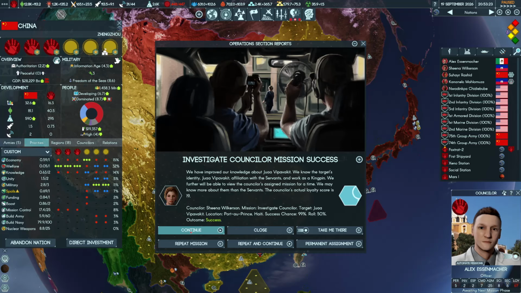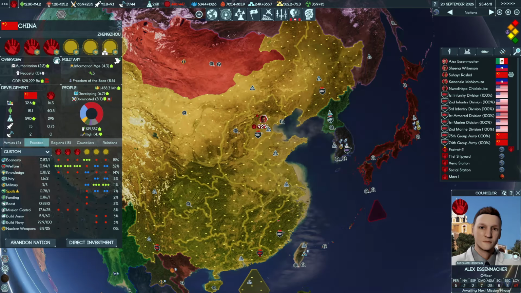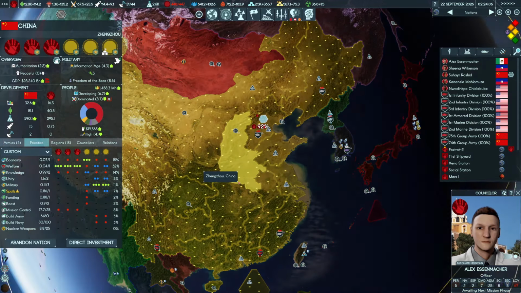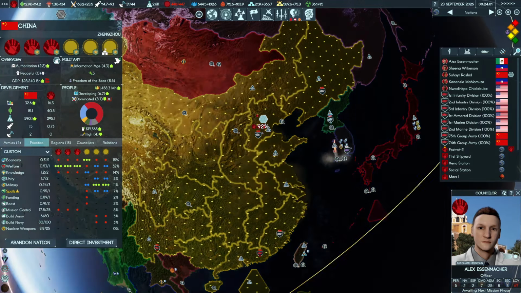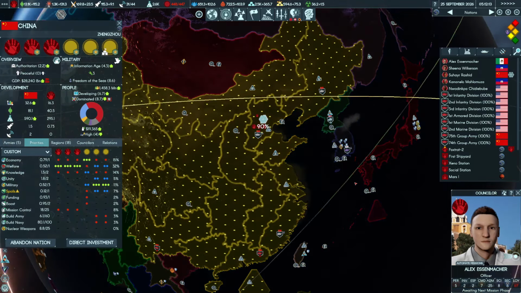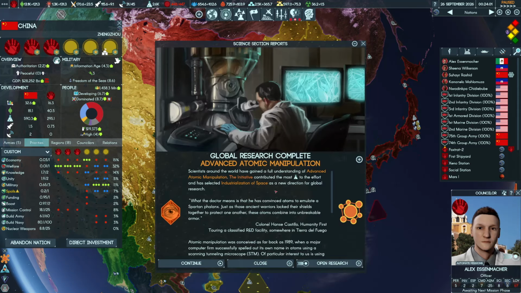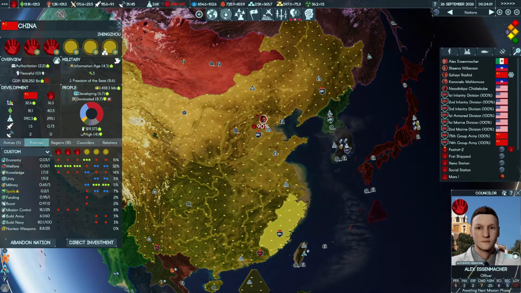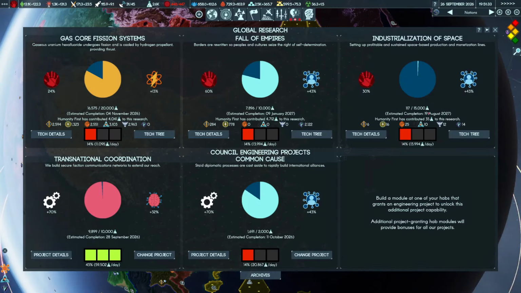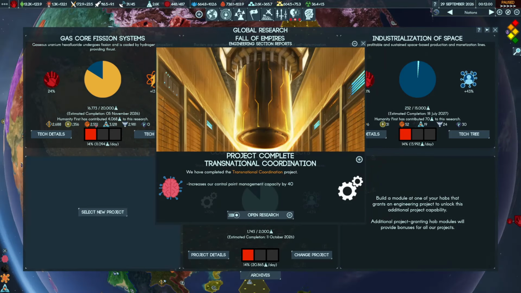Perfect. Continue. Target neutralized. And gone. He had like 14 orcs or something, so that's something I didn't want to keep around. So let them hire someone new. What the doctor means is that he has convinced Adam. I should have paid attention. I should pay attention to these signs here. And probably someone is trying to...